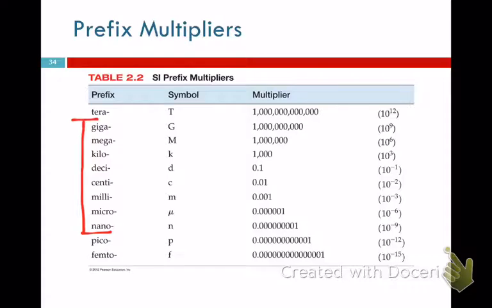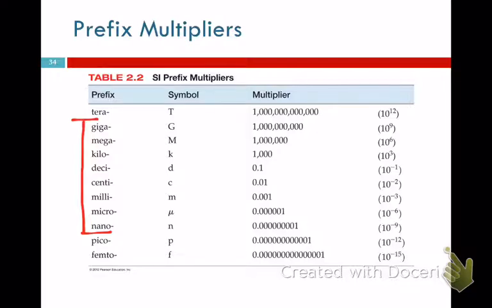Other notable ones are milli. We use millimeters all the time, and centimeters are used all the time as well. So that's what all these prefixes mean, and each one has a numeric representation. It's actually not hard if you just ignore these two middle ones, because it's 9, 6, 3, 3, 6, 9, but to the negative. So all in powers of 3, factors of 1,000, except for centi and deci, which represent